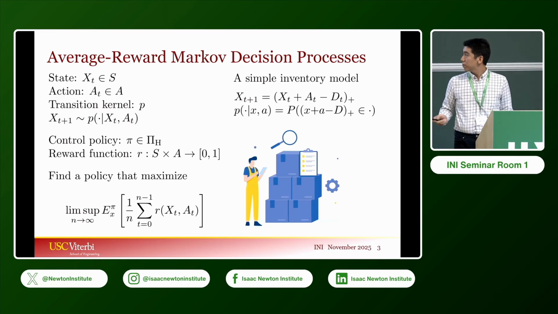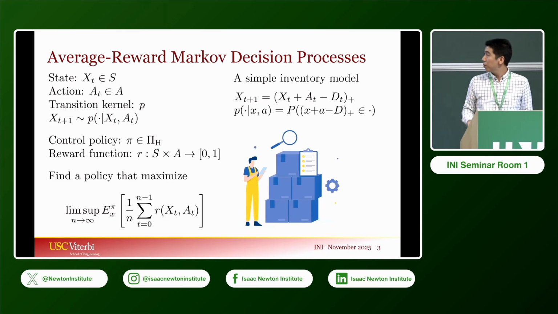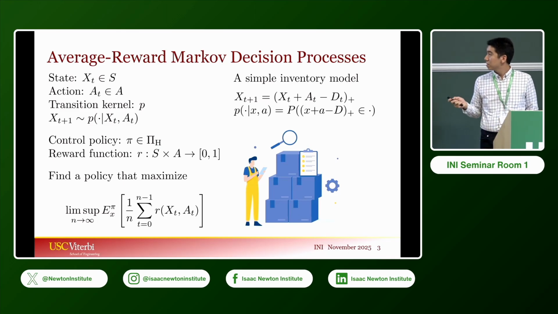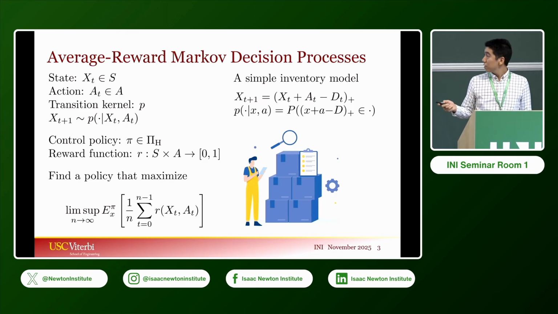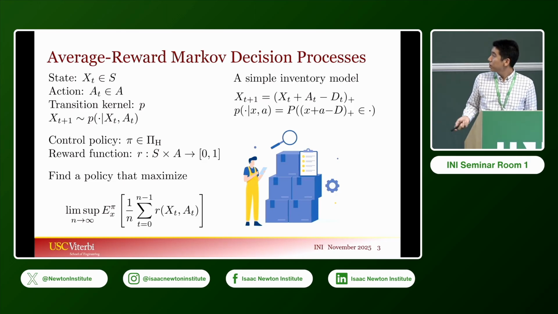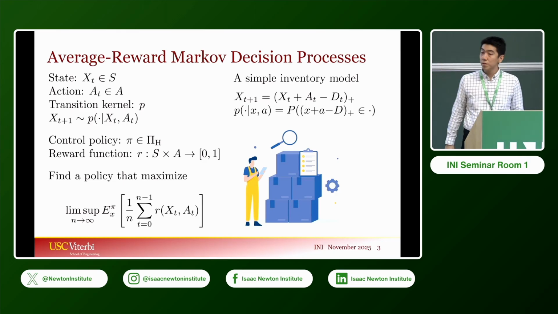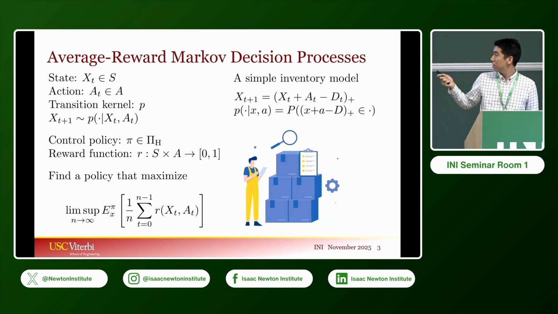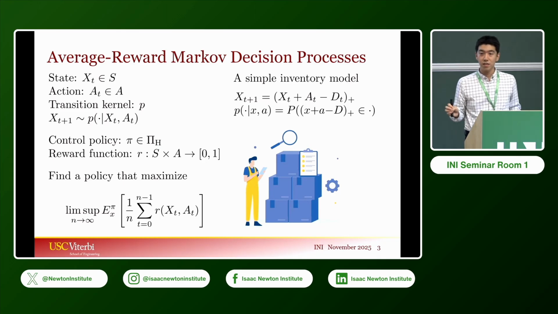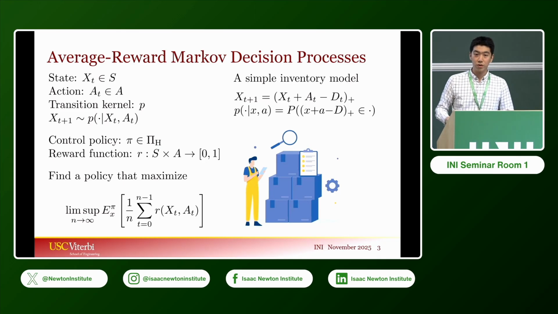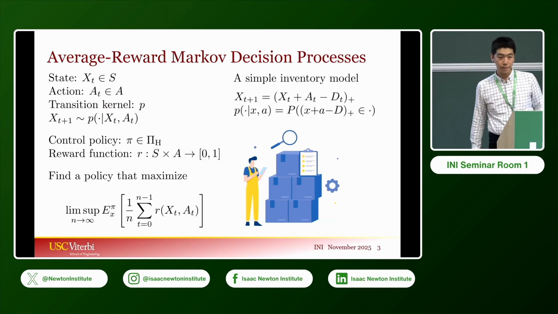So in the classic MDP setting, our goal is to find a policy that maximizes this expected average reward as n goes to infinity. And here we're taking lim sup, because for a general history-dependent policy, there could be oscillation in the average reward. Hence, you should consider either lim sup or lim inf to make sense of this. And here I'm choosing lim sup. And of course, all the theory carries over if we consider lim inf as well.